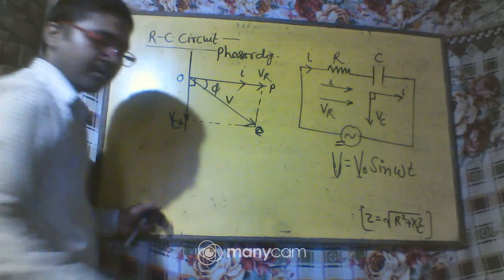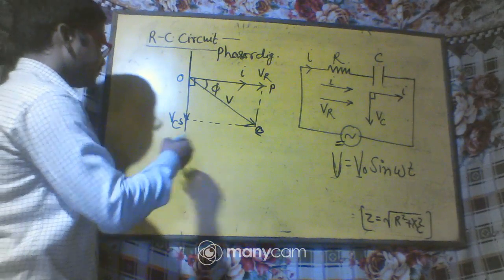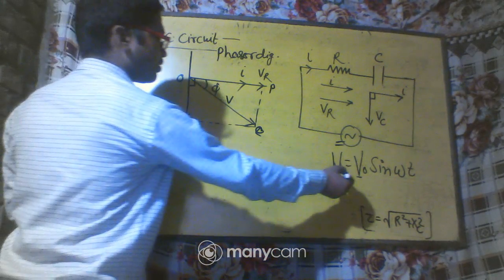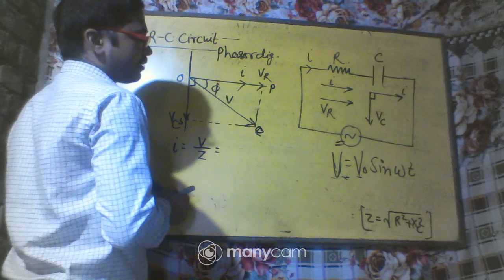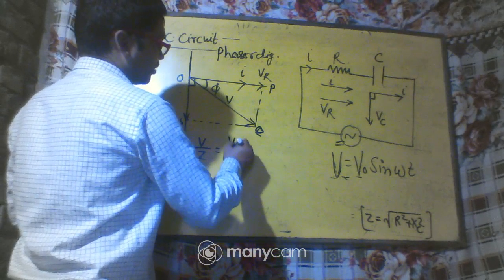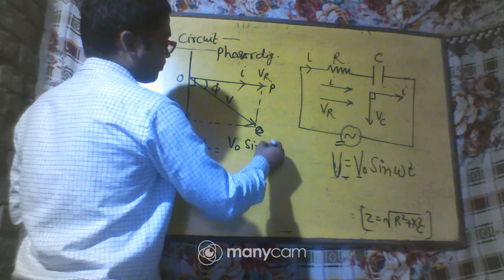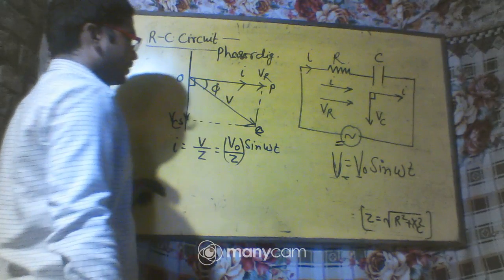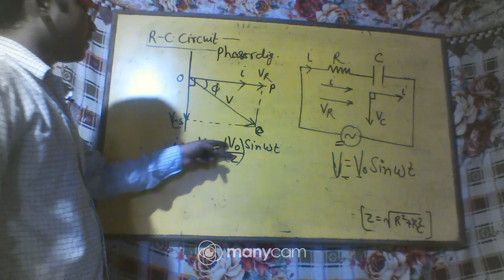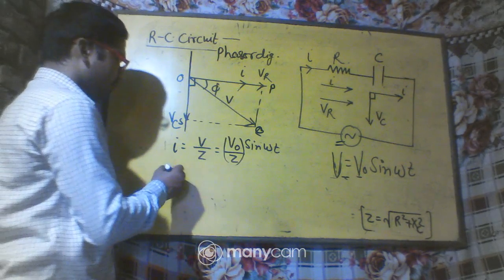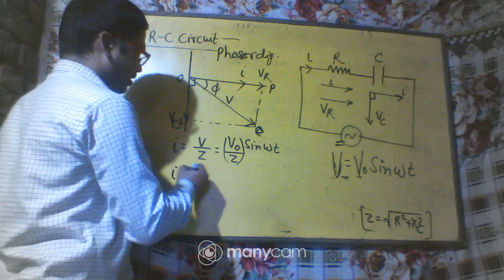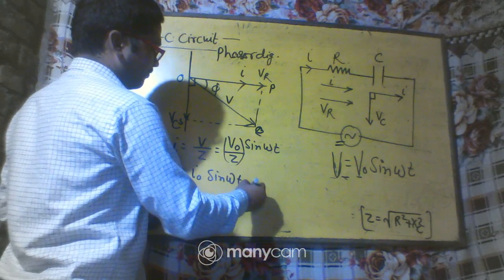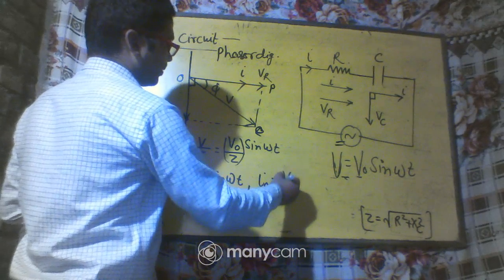So the equation of current is given by I is equal to V by Z. Now since V is equal to this one, that is applied voltage V naught sin omega t, then you can write V naught sin omega t upon Z. Now this value is the maximum possible value of the current, so you can write here I naught sin omega t,